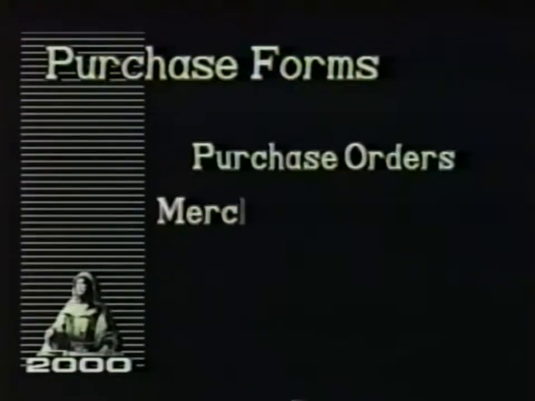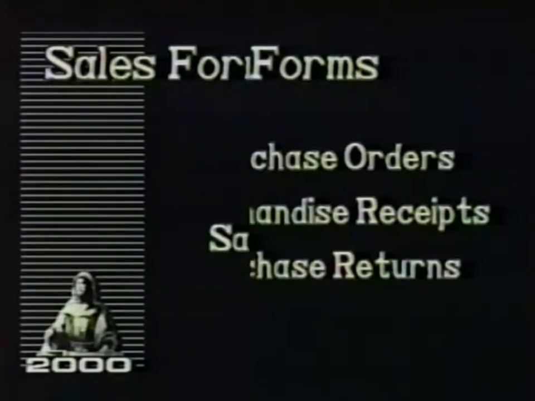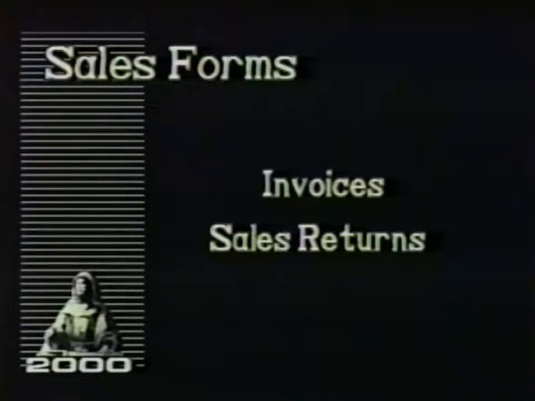One of the most important daily events is the creation of purchase and sales documents. Purchase documents, such as purchase orders, merchandise receipts, and purchase returns, help monitor costs, track purchases, update inventory, save time, and avoid surprises. Sales documents, such as invoices and sales returns, help save time, monitor sales, update inventory, and record revenues. And when Pacioli 2000 prints all these forms, you not only save time, but you improve your company's image and you dramatically reduce the possibility of error.